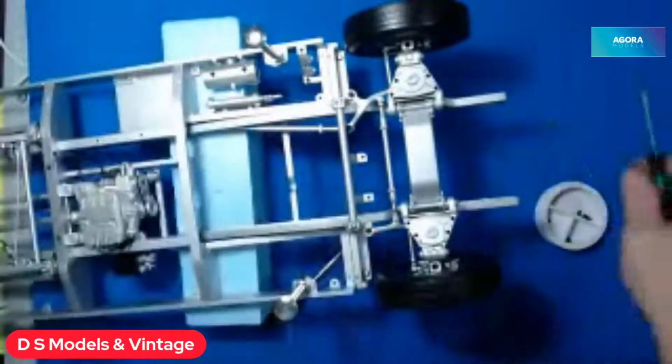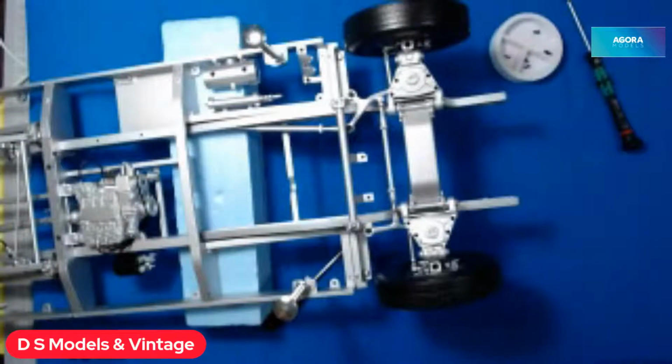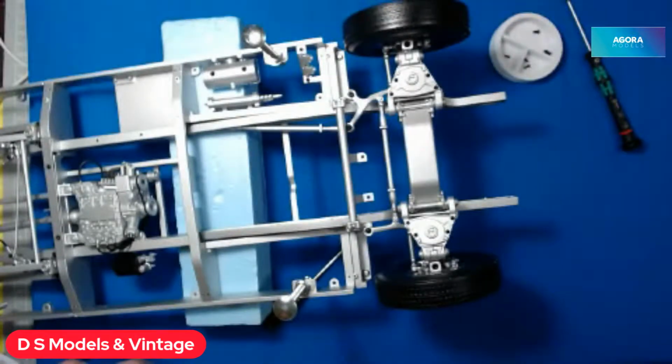So there we go. Look at that. What else have we got to do now? We've got to, yes, I see. Okay. So we've done them two. So that's stage 9 done. Stage 10,